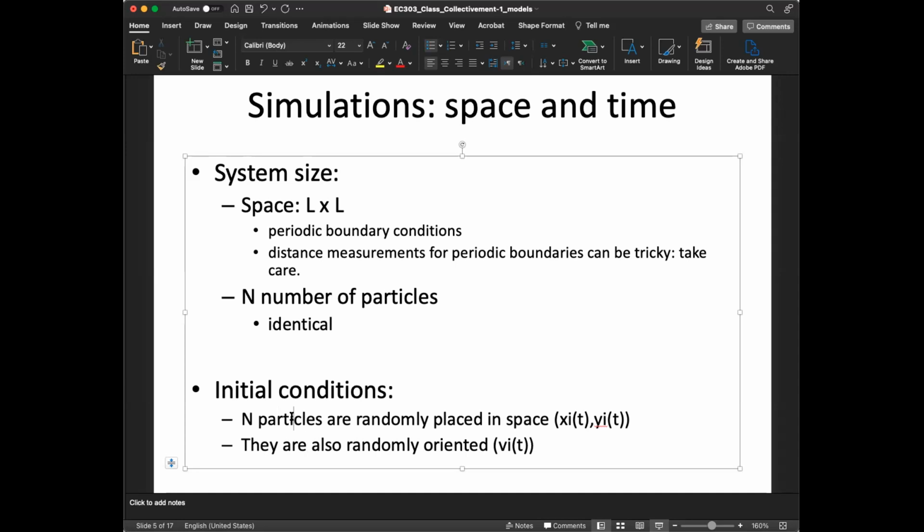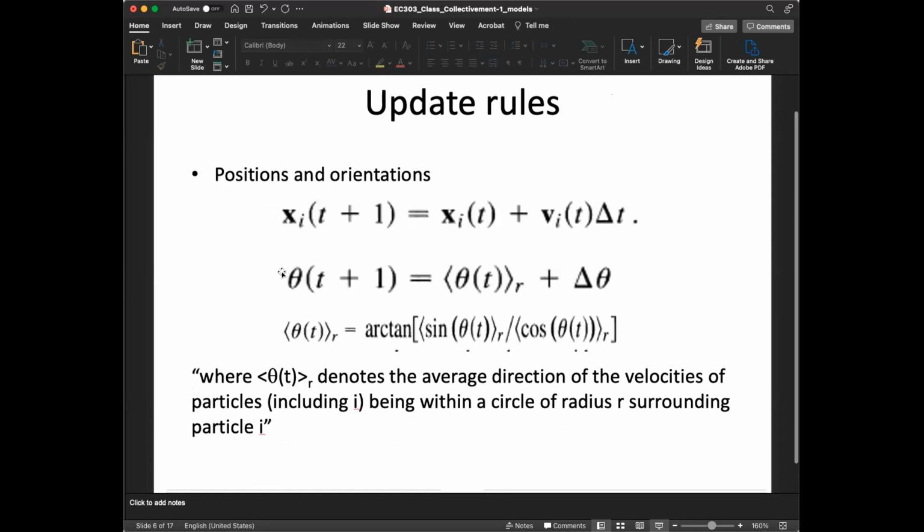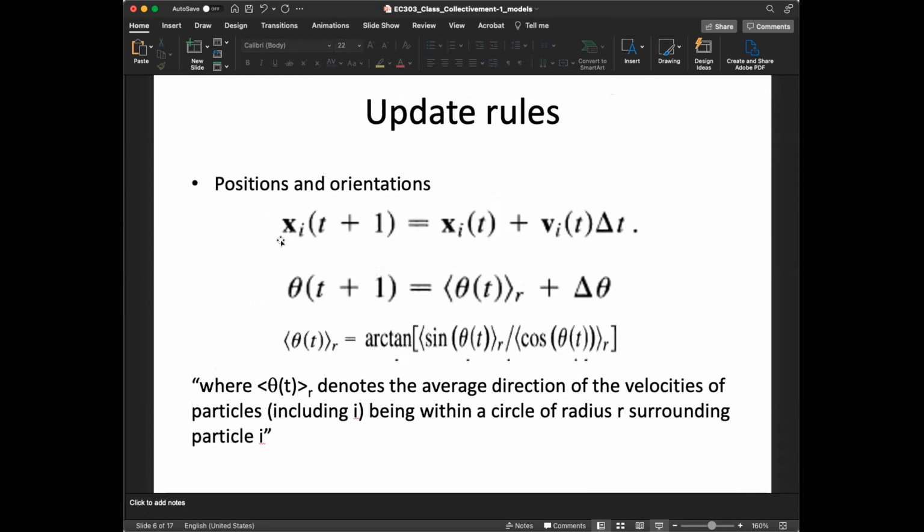Now they are placed randomly in terms of coordinates, and they are oriented randomly. Now what do these agents do? They follow this very simple rule, which is from your high school physics: the position at a new time step is the position at the previous time step plus the velocity times delta t. In each delta t time unit, which is chosen as 1 unit by the way, it just moves in the direction that it's heading. Each particle does it.